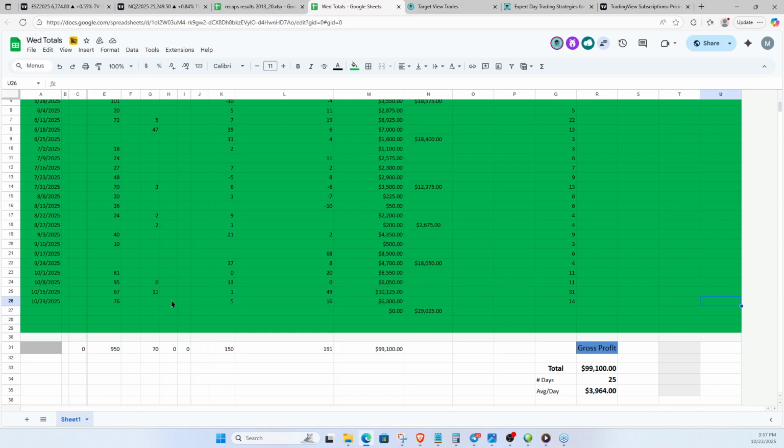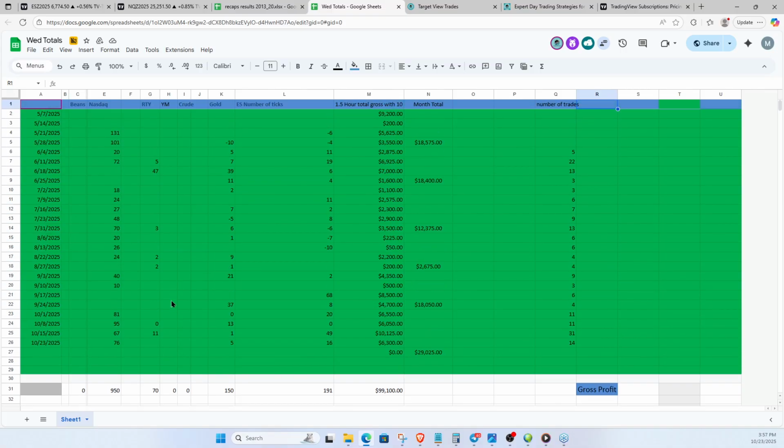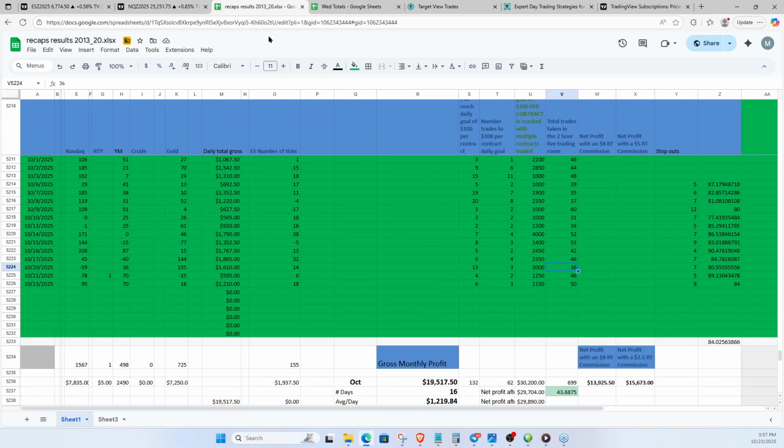You know what I started doing in the other section, in the morning session, is I did the number of stop outs, the number of trades to give you a percentage. So I could probably add that to this column here. Got number of trades, number of stops. I think that's information that you guys are always interested in seeing. Number of stops. And then the formula is right here.